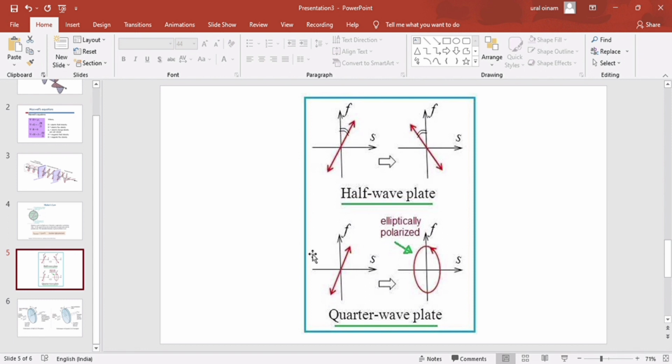So after it passes through, the plane polarized light either turns into circularly polarized light or elliptically polarized light. And also, since it lags one of the components by 90 degrees, when we input a left circularly polarized light into this quarter wave plate, it turns into